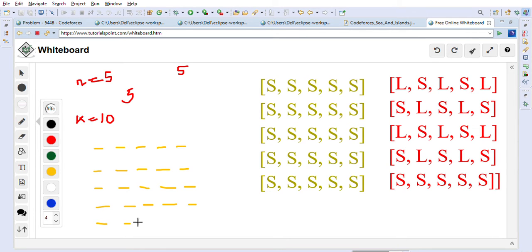We have to check if it is possible or not, and if it is possible, we have to display the grid that we have created with the islands.